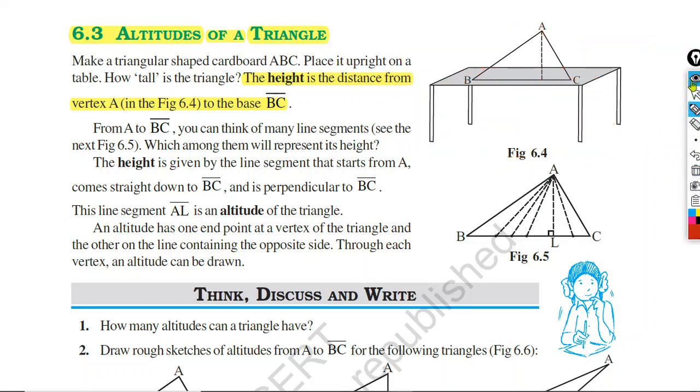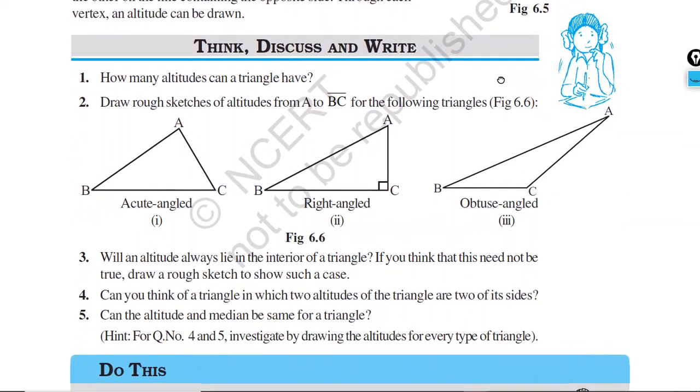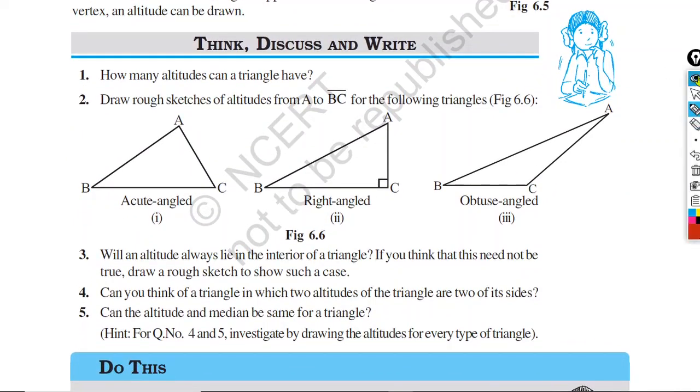So now we know altitude. We will see altitude of some different types of triangle. You can see three types of triangle here. Acute angle triangle. Now, can you draw an altitude here? Yes, we can draw. Okay, name it D. So AD is the altitude. You can see where AD is falling. It is falling inside